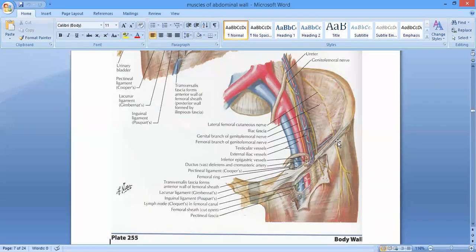to the internal oblique muscle and the transversus abdominis muscle. ठीक है? So the external oblique muscle is also giving origin to two muscles, internal oblique and transversus abdominis muscle. They are coming from the lateral 1/3 of the inguinal ligament. ठीक है? Because an inguinal ligament is basically formed by what? By the rolling of the fibers of the aponeurosis of the external oblique muscle. Is it clear, जी?